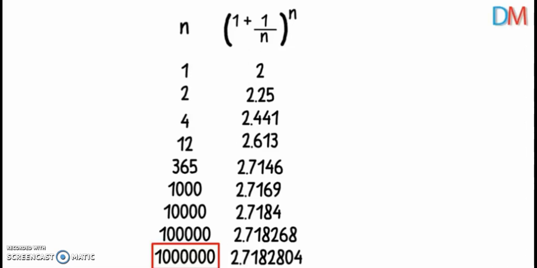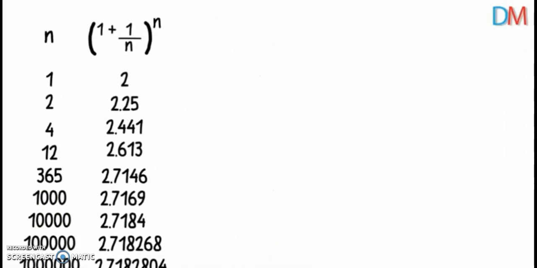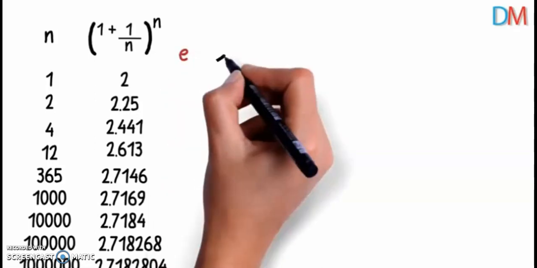Okay, here are a few more calculations. The number of time periods here is 1 million. Notice that the returns improve, yes, but they converge around a value which approximately equals to